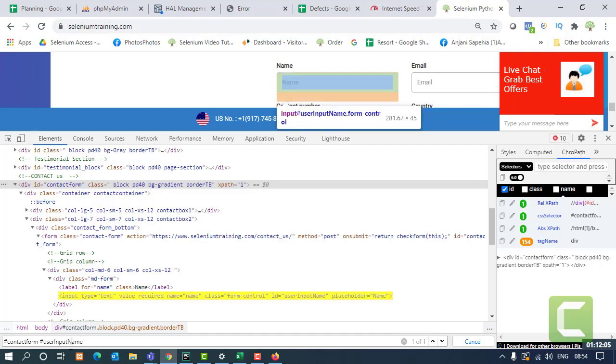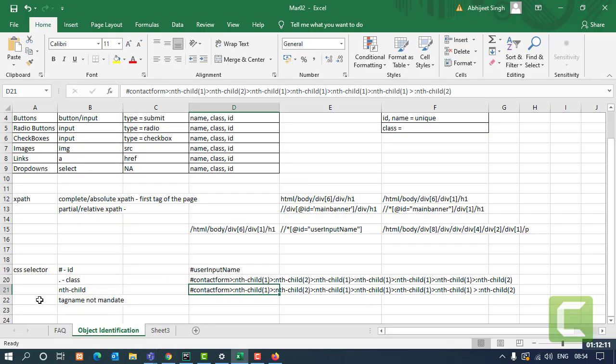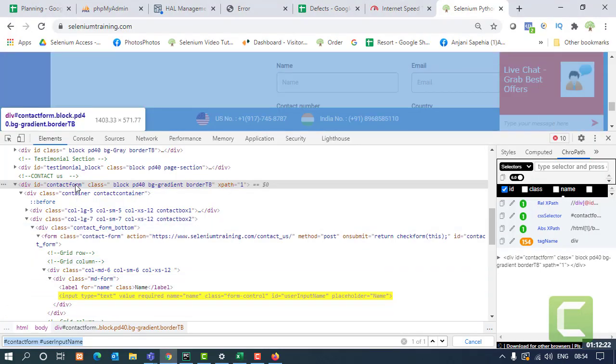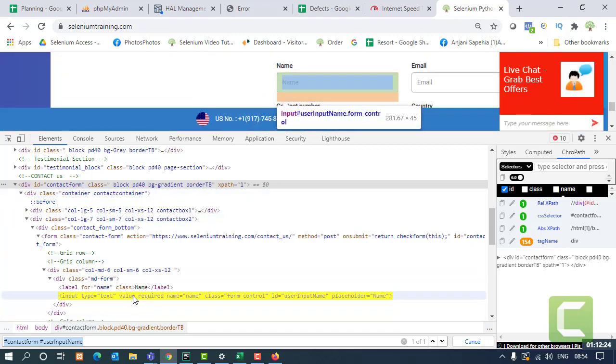So just by space, this is the CSS selector that got made just by the use of space. You can see yourself, I have given the parent tag in which I was looking for the element, and I have given the tag I am looking for, just separated by a space. So it automatically got identified. So you can use this space as well.